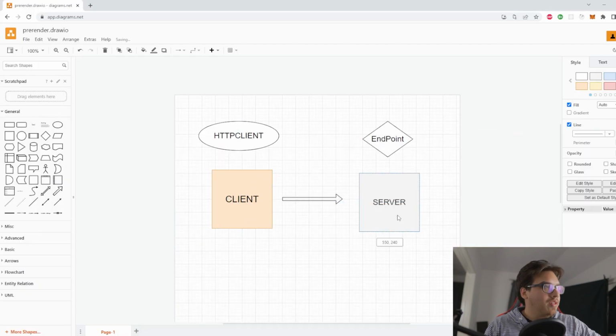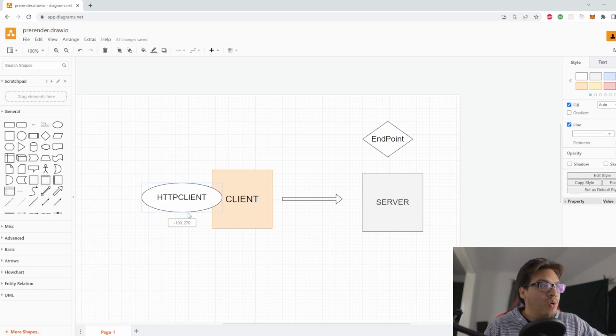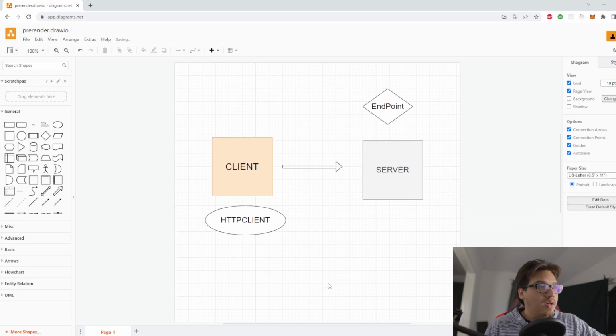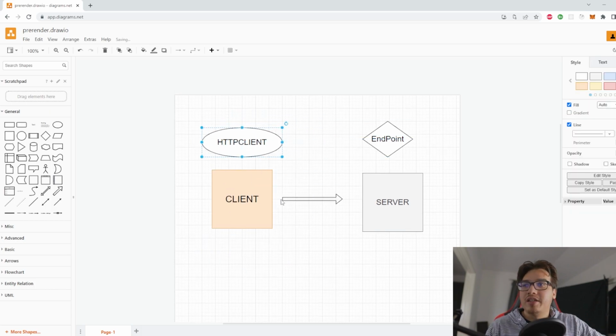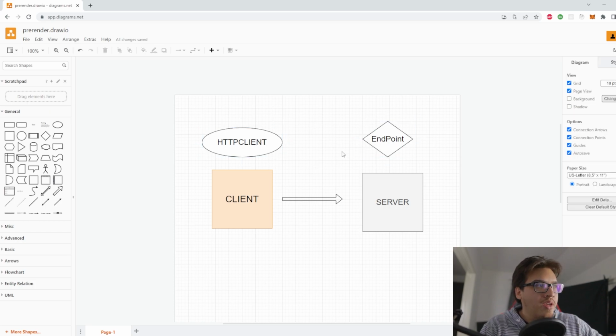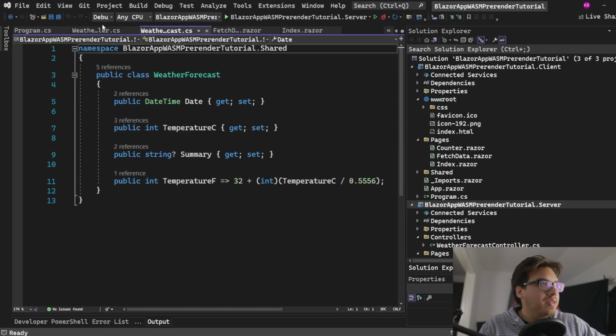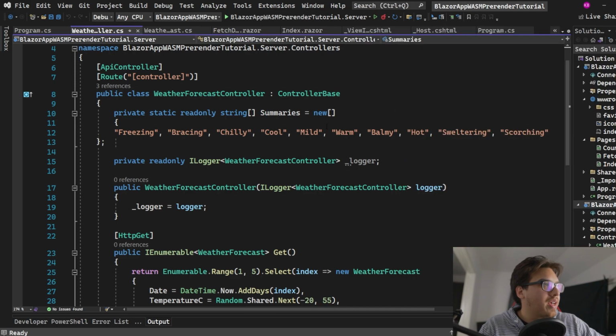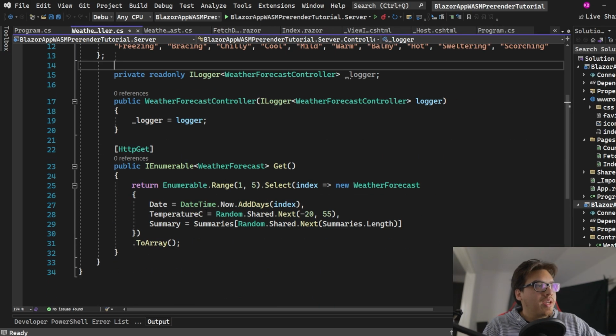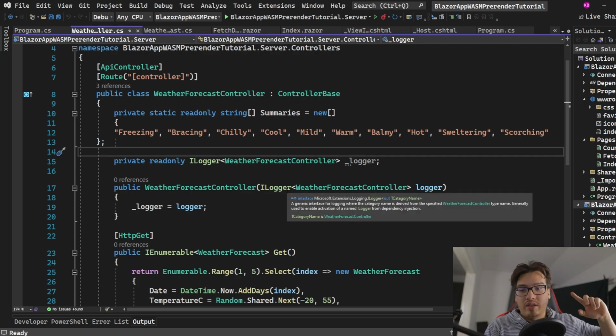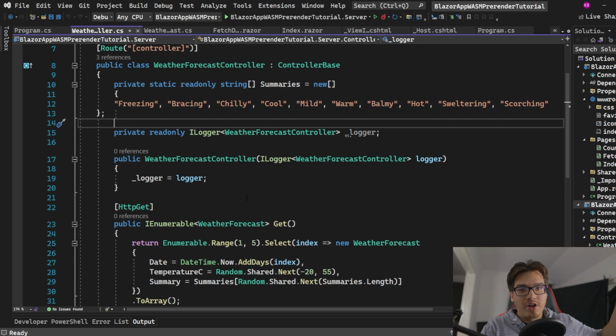So this is our front end. Here's our back end. And in order for the client, the front end, to make our calls, we need to make HTTP calls. So in this case, that's what HTTP client is handling. HTTP client is just a class in .NET that handles the URL stuff, basically, for your client. And then what it's trying to do is hit an endpoint. Endpoints, in this case, would be the controller for the weather forecast data. So here is our weather forecast controller. It is trying to access this through that HTTP client. If it cannot find the data, which is when you refresh it, it's going to hit there,